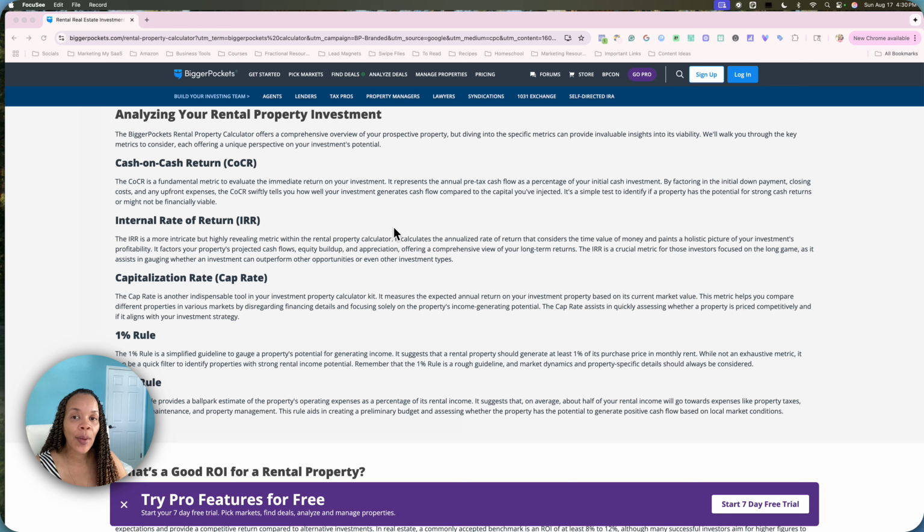Okay, so how exactly can you implement this BiggerPockets strategy in your business? So what you can do is, if you have a niche and it is very complex and it's very detailed, you can most definitely create a calculator like this or a tool like this and have everything broken down on your landing page for people before they actually use your calculator. Another thing that you can do is